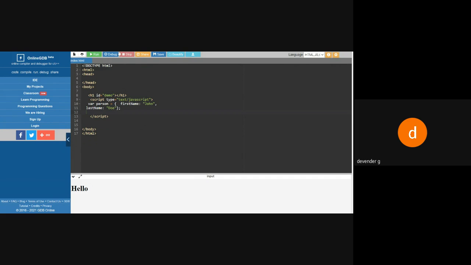So instead of using alert, I'm using our previous session. Like what is that? document dot getElementById, then I'll be saying it's in demo, dot innerHTML equal to person dot first name. Is it right?